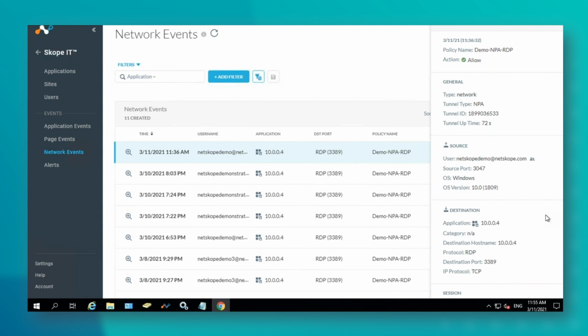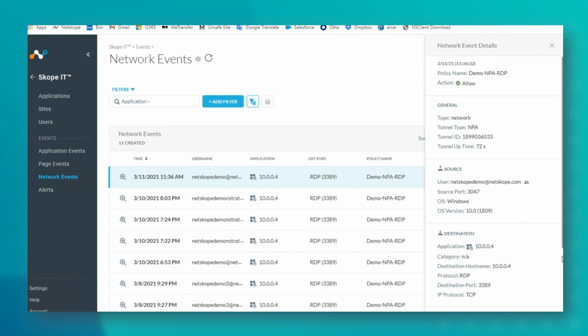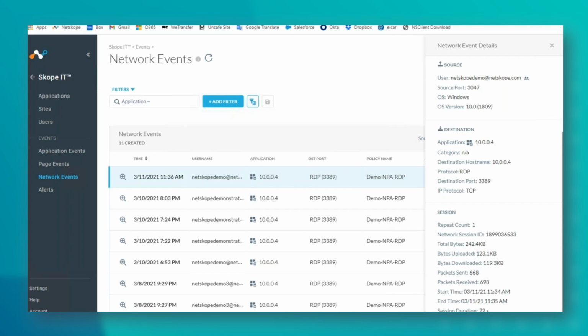And I can't scroll down on this, let me just move my mouse over. And we got all this information about what I was uploading, what I was downloading. It's not recording every activity I do on this machine like a PAM tool would, but you're getting that visibility over who's connecting to your devices via the private access.